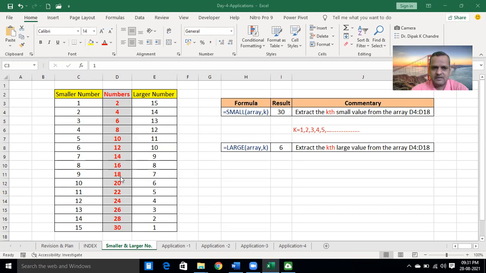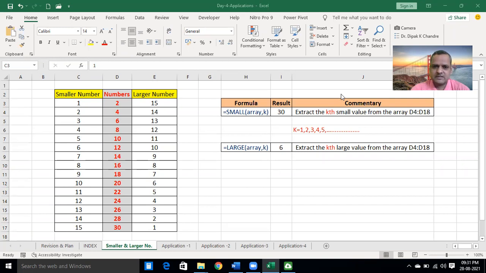I am asking about the red color only. 14. 14 is the ninth larger number in red color. And what will be the seventh smaller number in red color? 14. How does it come?